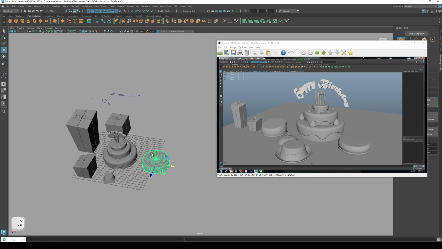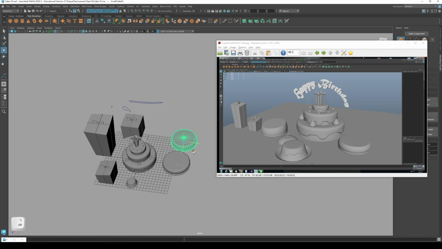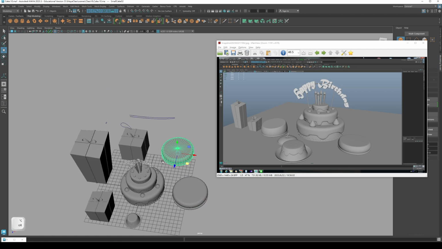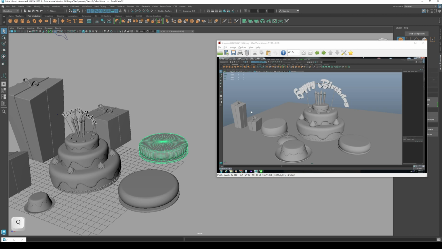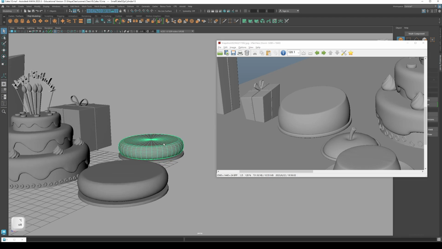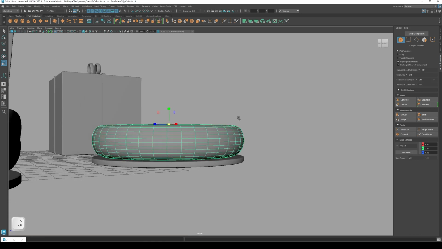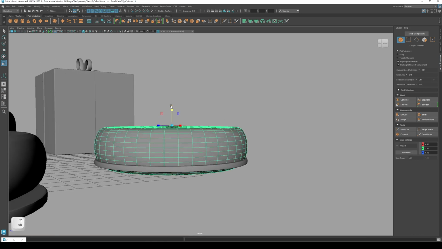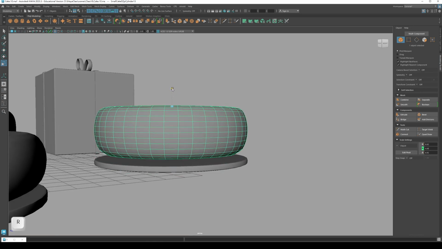Okay, duplicate another one. This time put it here, and this time I'll make this cake look like this. So make it taller